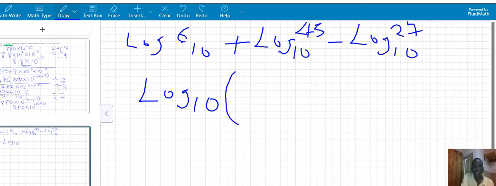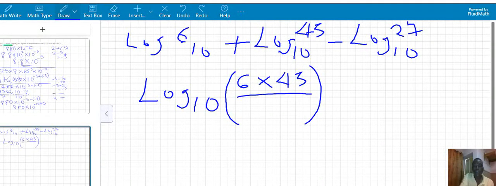The addition sign will give us 6 times 45, all over 27, because subtraction will give you the division sign. So if we simplify this, we are going to have a log of